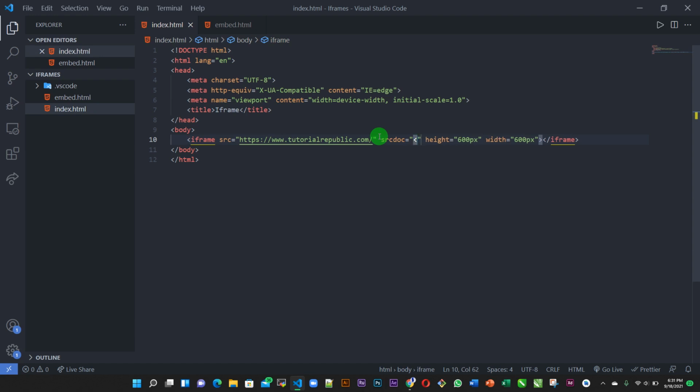I can say H1. Now I'm writing it as if I'm writing it outside. That's it. H1, and I say MZ. Then I close my H1. If I go to my web page and refresh this, you can see my iframe